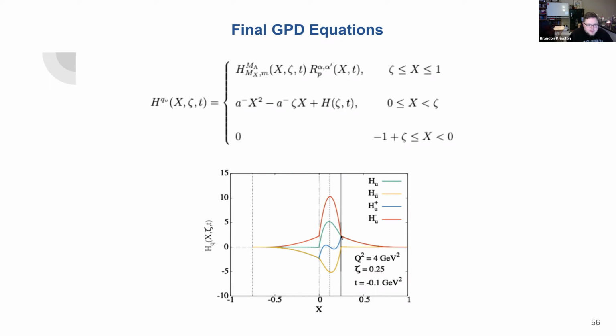Maybe that makes sense. I have to think about it, but thanks for the answer. Yes, so the short answer is that the point at capital X equals 0 is constrained to be the same as x equals zeta, or little x equals zeta. I see. Okay. Symmetry. Yeah. Thank you, Brandon.